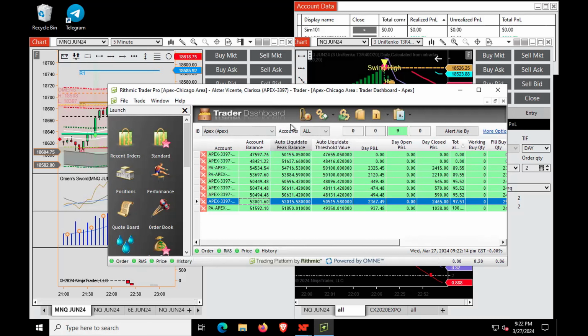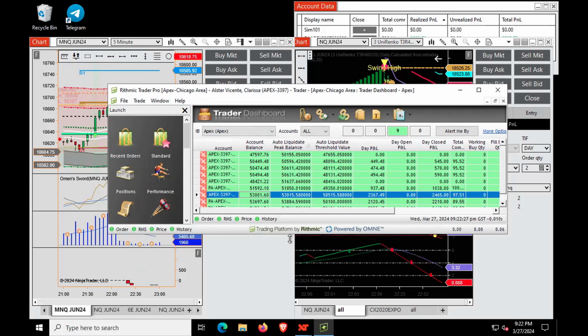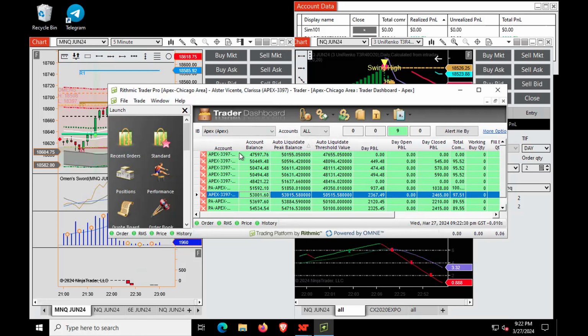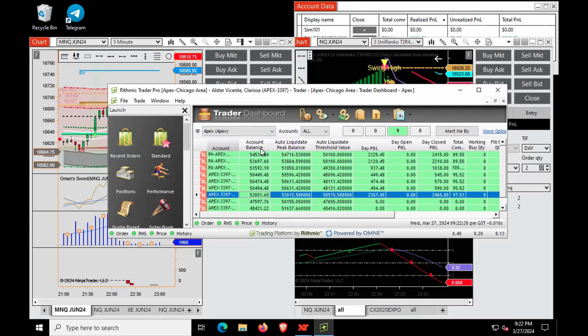I like to see this because I can't allow this to go back. The moment I allow it to go back more than 500 for a 50K account, I'm going to be in trouble, all right? So just don't allow your balance to go more than 500 and you'll be fine.